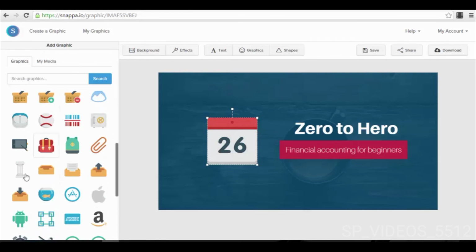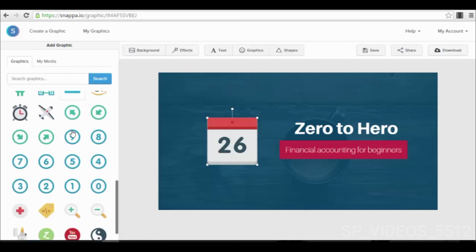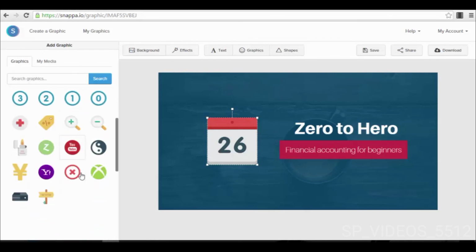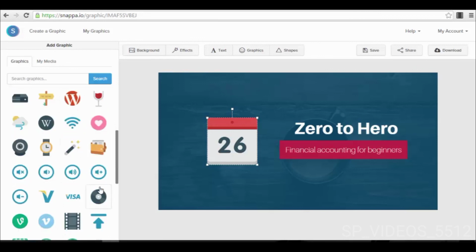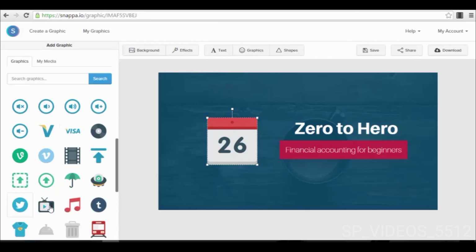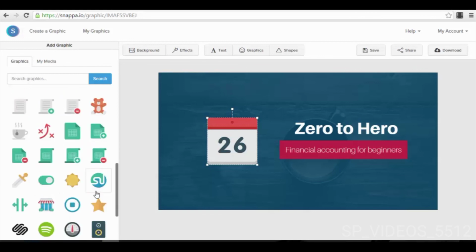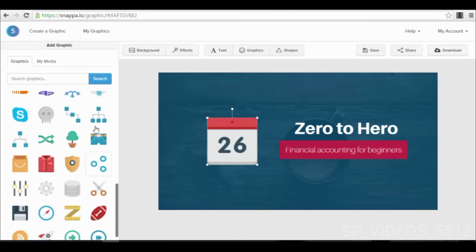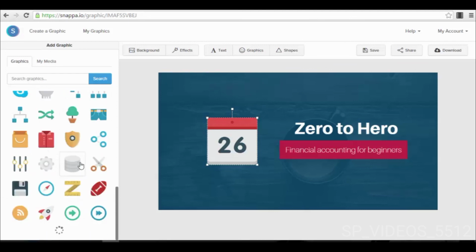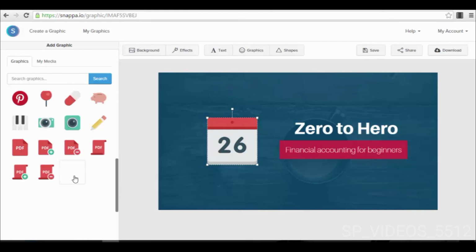So use this because these icons can be very useful for you. It can make your ad much more relevant for your niche. So you have different types of icons here. You can combine them, use them in different styles. So this is a very nice feature that the app has and that you can use to your advantage. As you can see, there is a large number of